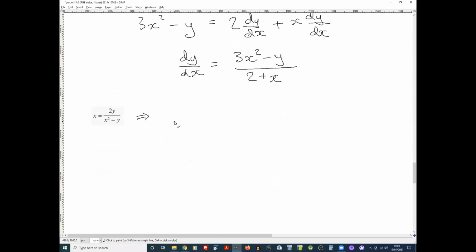So let's try and make y the subject. Probably do the same first step. Yes, good. So x squared cubed equals 2y. Then x cubed minus xy equals 2y. Good. Next. Then I would say